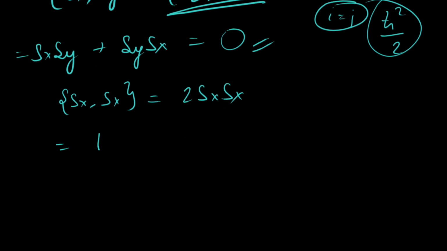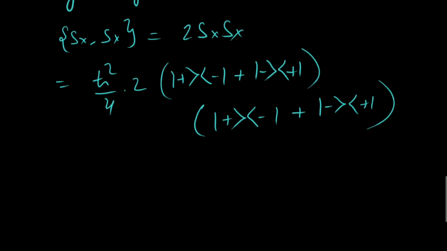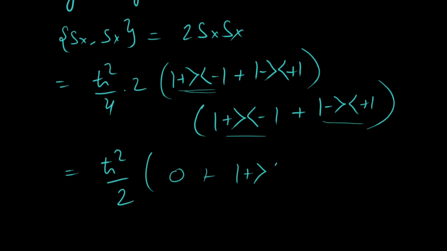So it would be h bar squared by 4 times 2 times plus minus plus and the same thing, plus minus plus minus plus. So let's see what we get. Okay, so this would be 2 over here, and this would be 0, this would be plus,